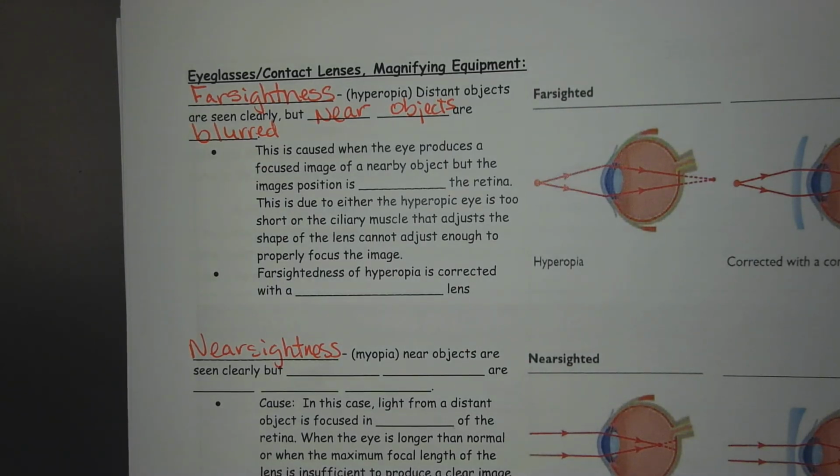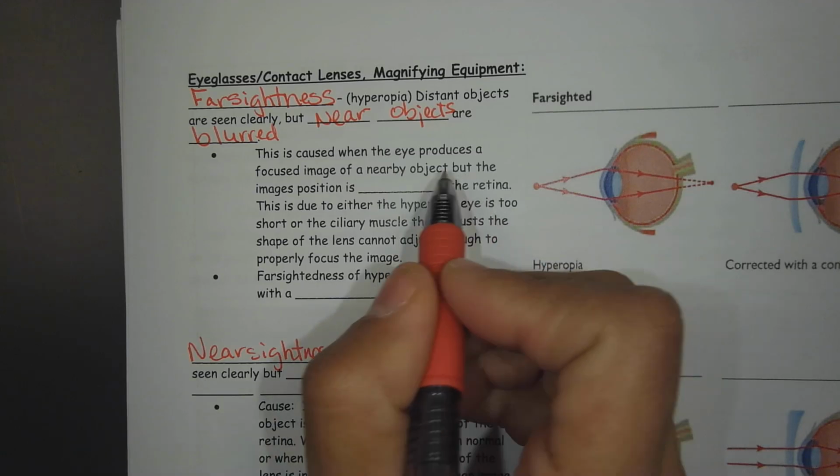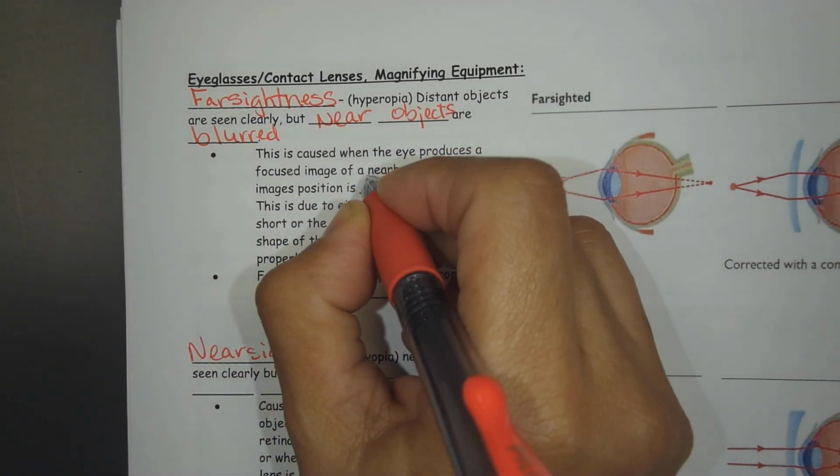I can read the sign, I can see the red light, green light changing, but it's a little blurry reading the book. It's blurry seeing close up. That's a farsighted person. It says here, this is caused when an eye produces a focal image. Remember that focal length, that focal distance? That focal image of a nearby object,